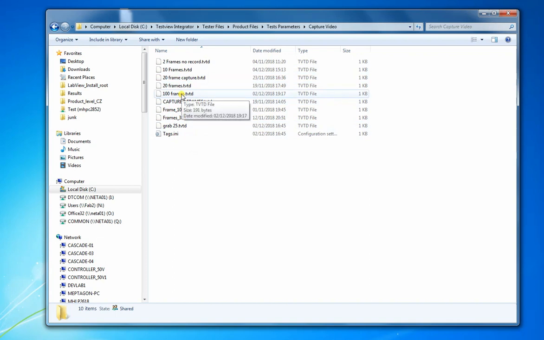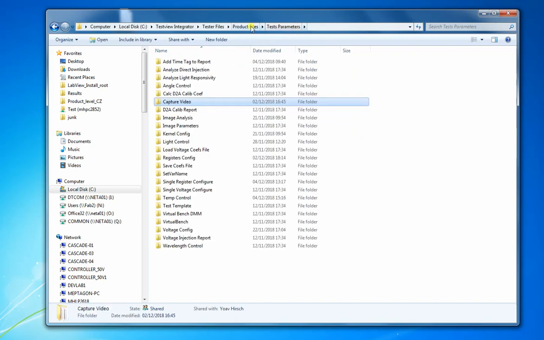Why I show this is for later use. When you have a very long list, you can also go here and delete or rename. Just be careful, when you rename here you will affect your program in the TVI. So this is just a word of warning.